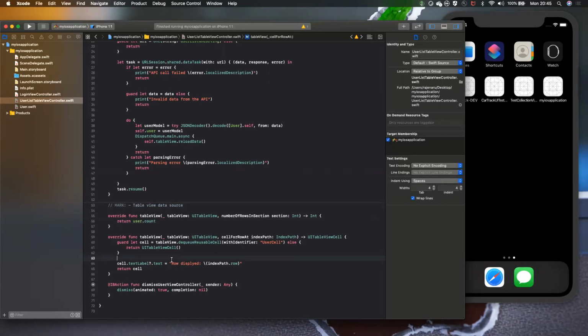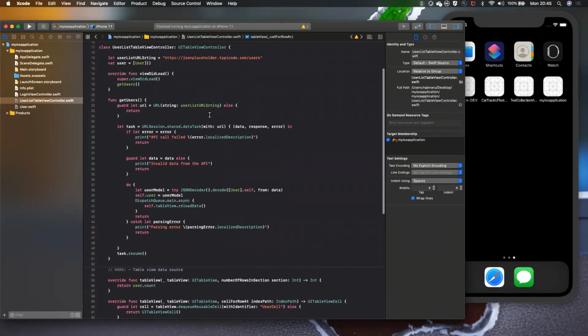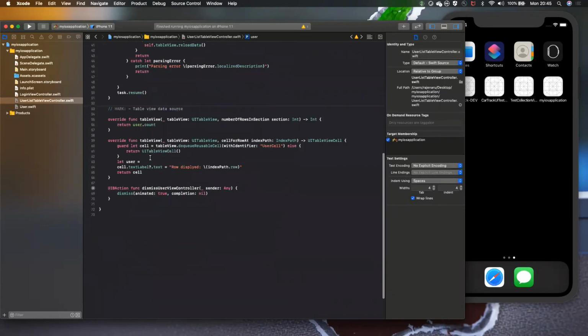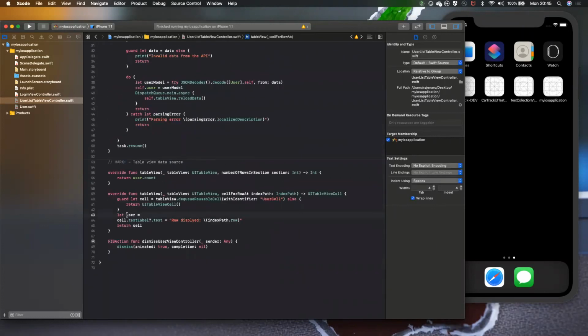For this, I will create a temporary variable. Let user, maybe you can name it differently, cell user or current user, equal to user.